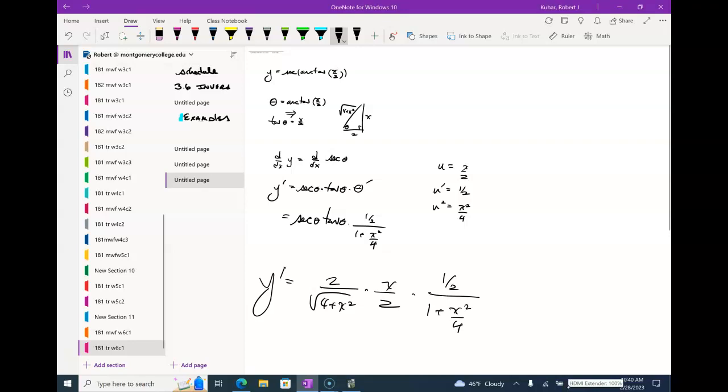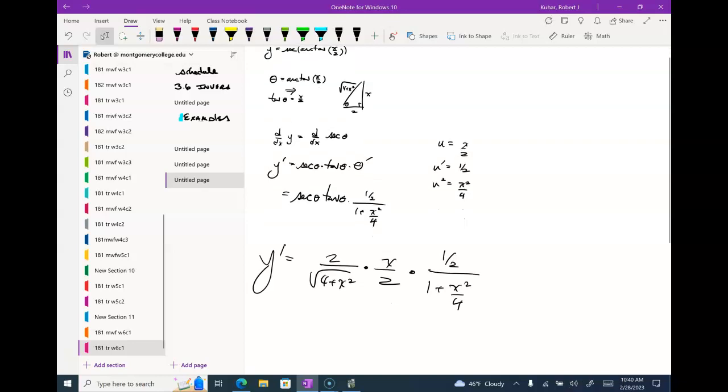Am I done? Is that the final answer? No. So I see a couple of things that cancel, right? And then I have to deal with that 4. Yes, you with me? So it looks like my 2's will cancel here. And if I start rewriting, I can definitely see I have